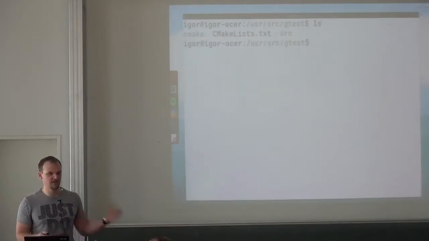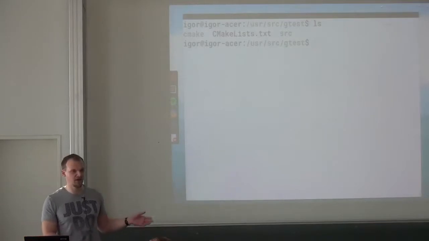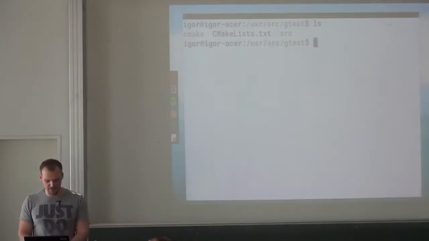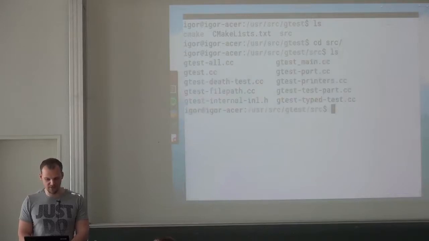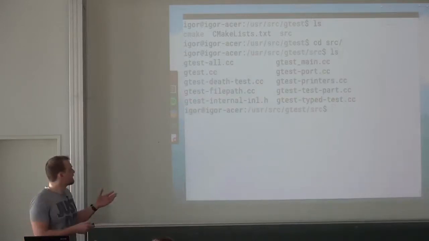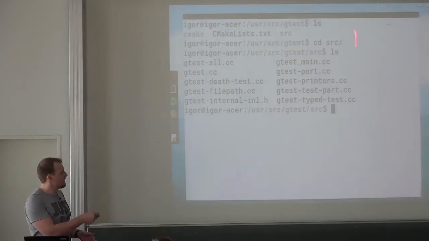So it's a small CMake project over there, and don't look into the CMakeLists.txt and so on of that project, because you might get scared, because it was done to work on any system, and it adds a lot of boilerplate. If you want to, you can look into it, of course, but it's not as simple as the ones in the course. And if you go to the source folder of this thing, you will get a bunch of CC files,